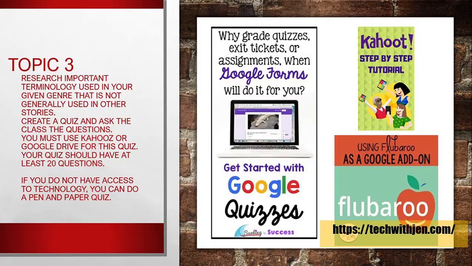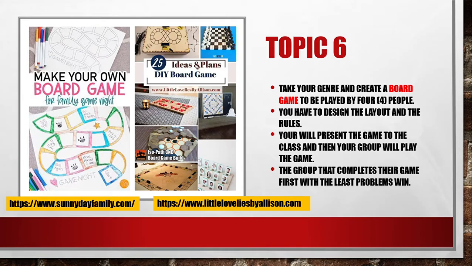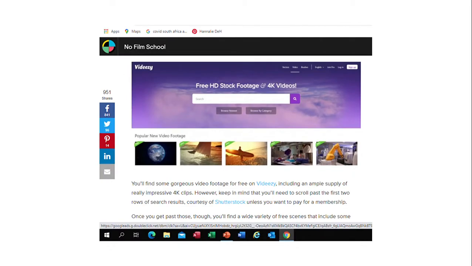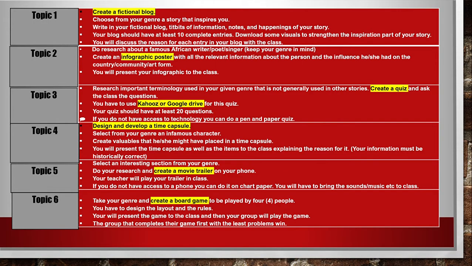Now, creating a board game, you will also find a slide for that. And here are 2 links that you can paste in the learner workbook issued to your learners that will help them to design a board game. They can even take an existing board game and just change it to fit the literature theme. We really hope you enjoy this project because it's supposed to be a lot of fun. And I think the children are going to have a ball.